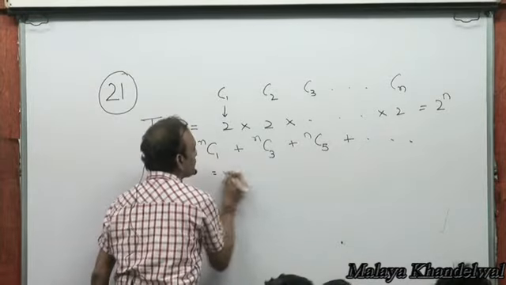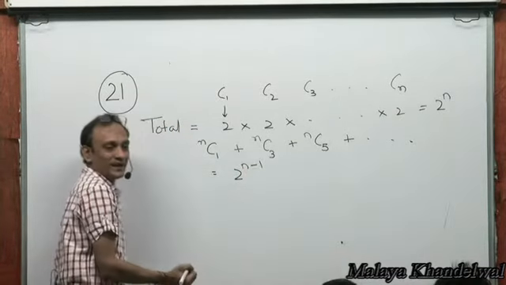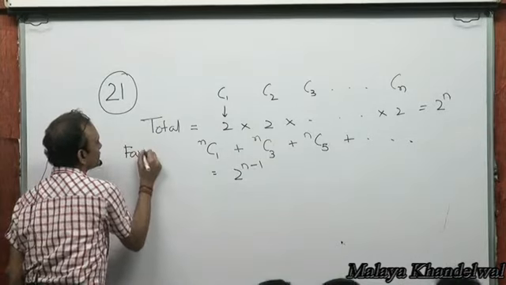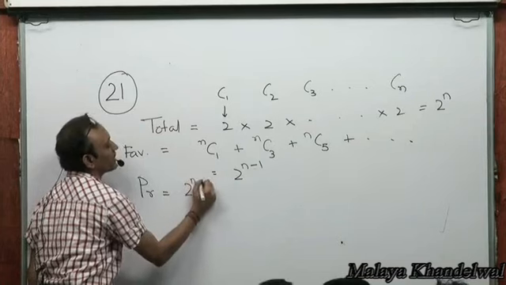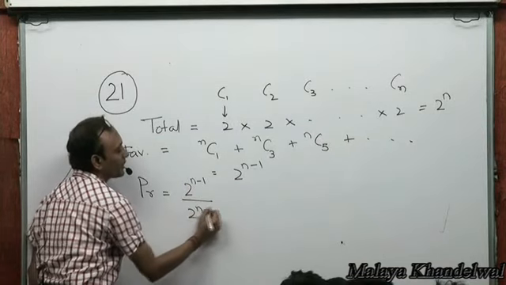Absolutely. This we have read is 2 to the power n minus 1. These are the favorable cases. So the required probability is going to be favorable cases, 2 to the power n minus 1, divided by 2 to the power n, which is